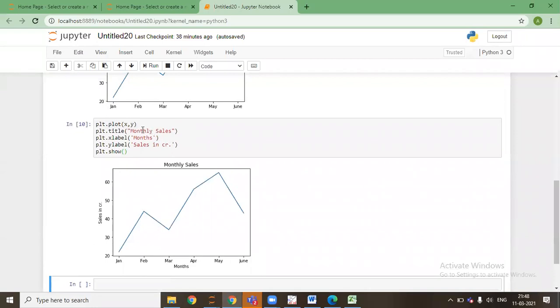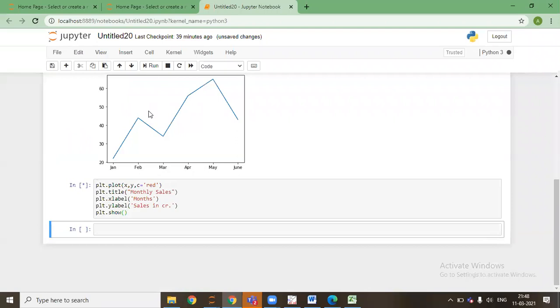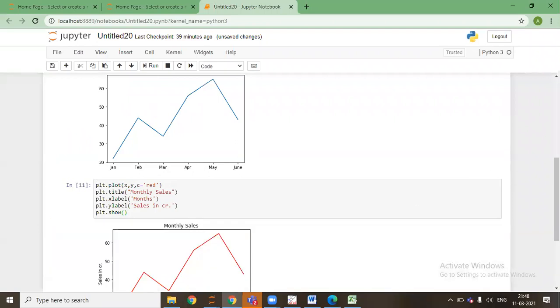I'll say plt.plot xy. I'll say color, c equals red. If I run this again, the line will be red.